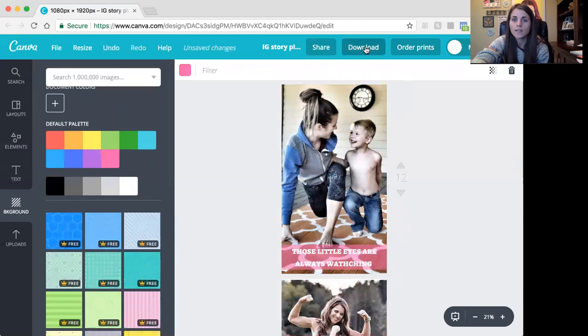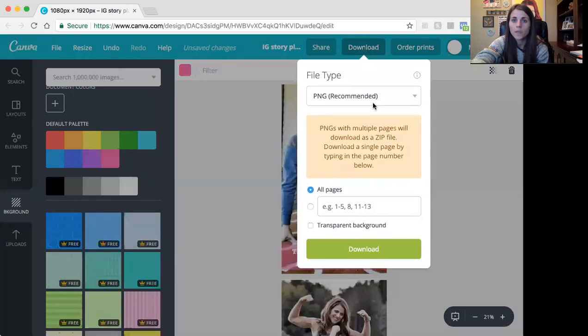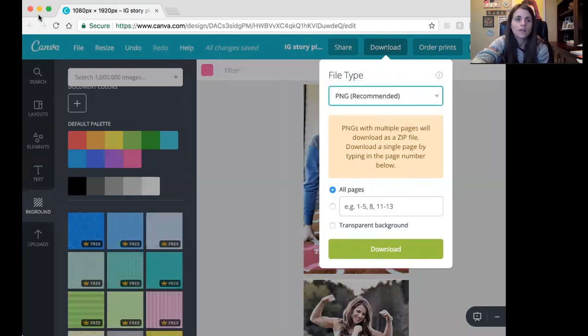And if you click the download button up here, you can do JPEGs, a PDF. I didn't know you could do a GIF or GIF, whatever it's called. But I would just do a JPEG and do all pages, and then it will download. And when I download things, to make sure, can you still see my downloads folder,